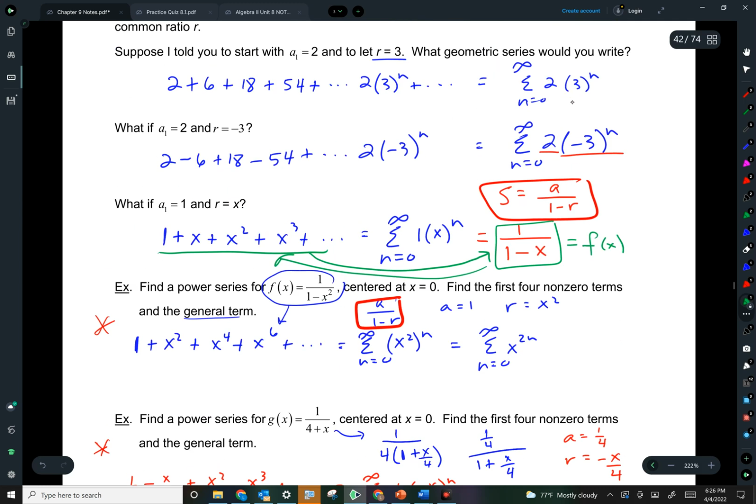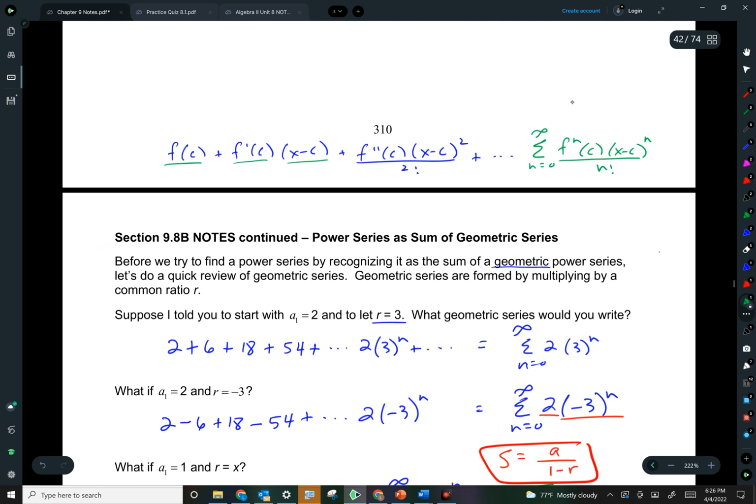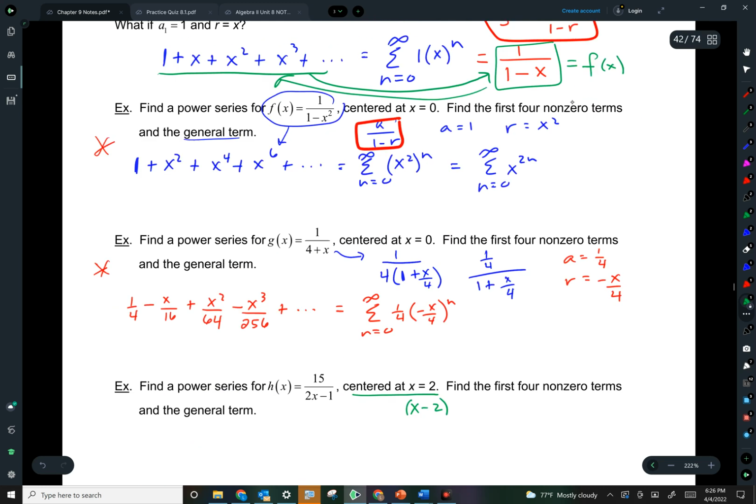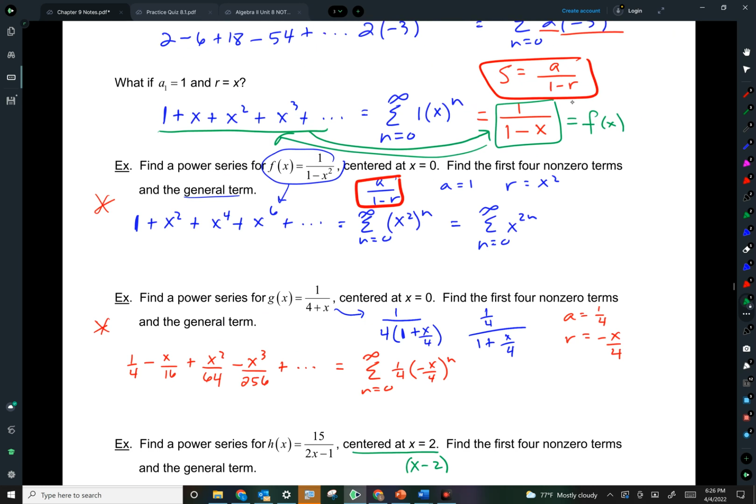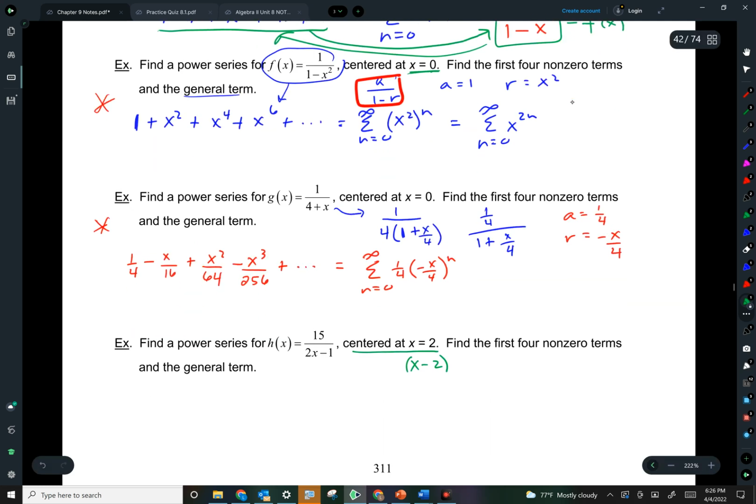Remember how up in our original formula, that c is where it's centered, right? And we have x minus c. On the ones that we did right here, it was centered at 0, so there was no x minus c because it was just x minus 0. So that means I need my r to have an x minus 2 in it, so that I can multiply by x minus 2